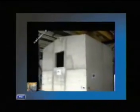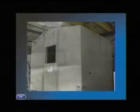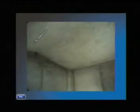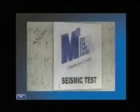A staircase was placed on one side to connect the two floors. The successive phases of work have given to the building the look you see. The earthquake action was simulated through the excitations produced by one mechanical exciter able to generate horizontal thrusts with variable